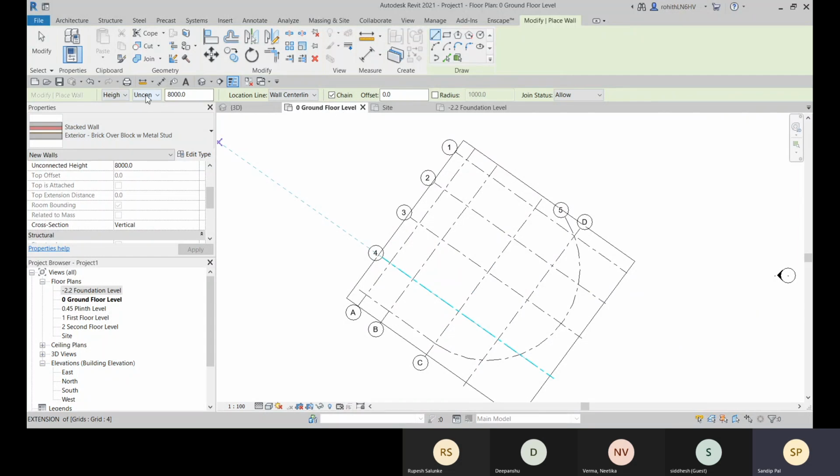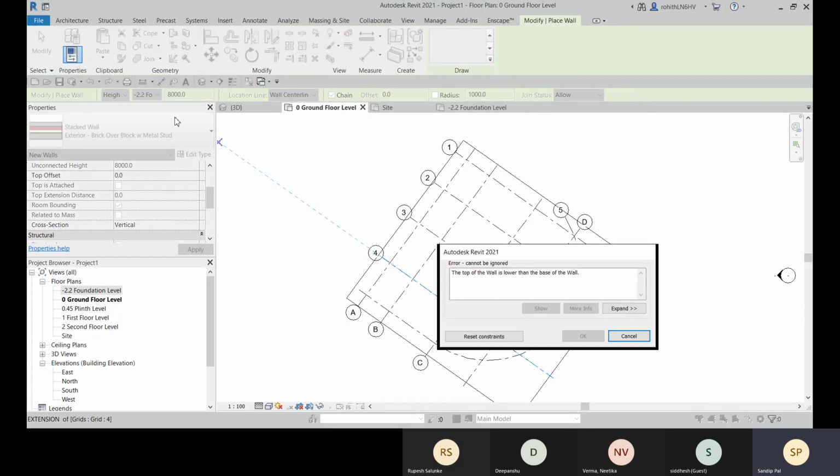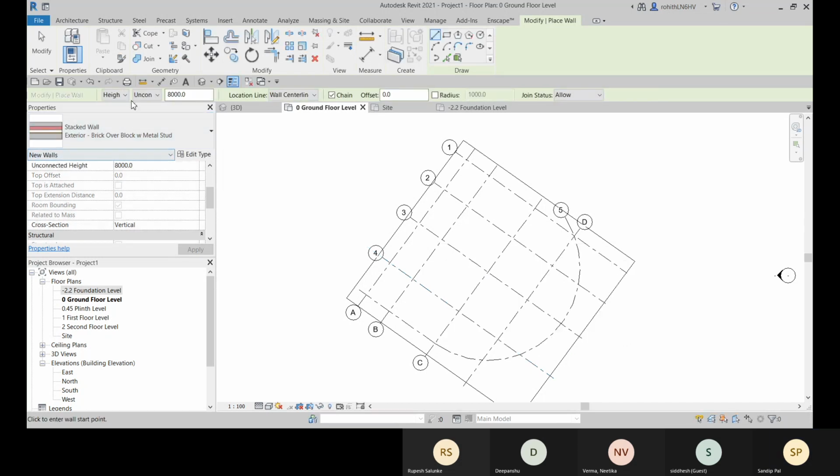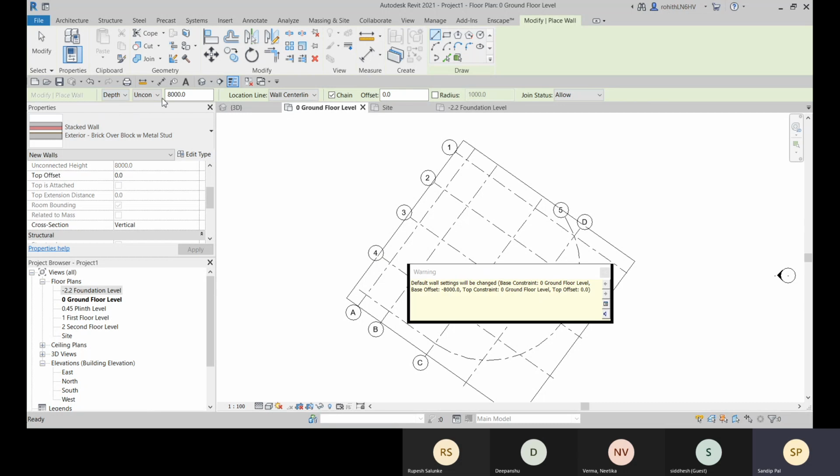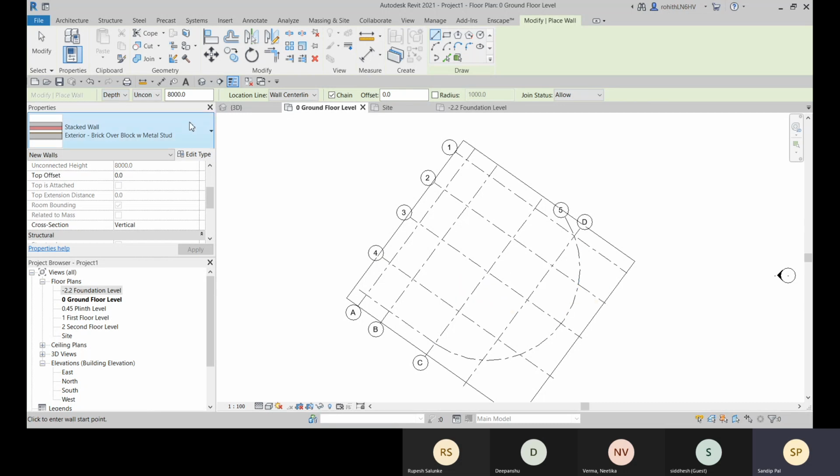And what will be the height? Let me specify. Okay, so that will be depth, not height. That will be depth. And this is the level for your depth. Okay. And let me specify the finish face exterior.